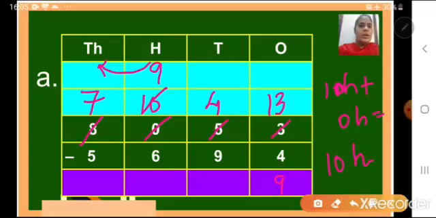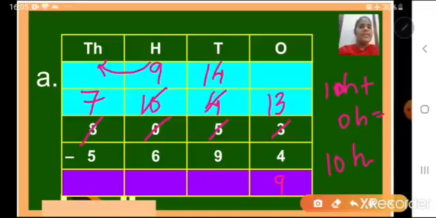Okay. So 100 is equal to 10 tens. 100 is equal to how many tens, children? Tell me. 10 tens. Correct. So 10 plus 4 will be 14. Cancel your 4 and write here 14. Like this you have to borrow step by step. Okay. Now look at the tens place. In tens place we have 14 minus 9. Can we subtract? Yes. So let's subtract.